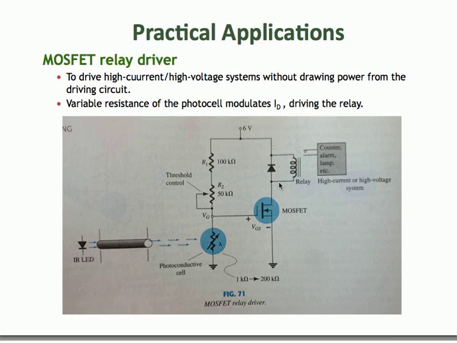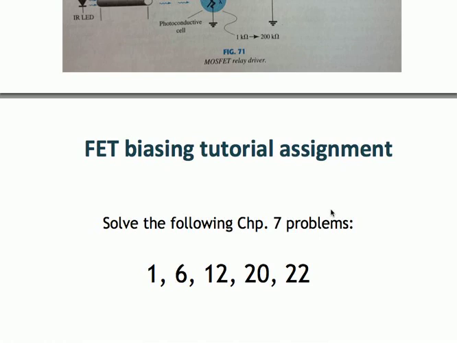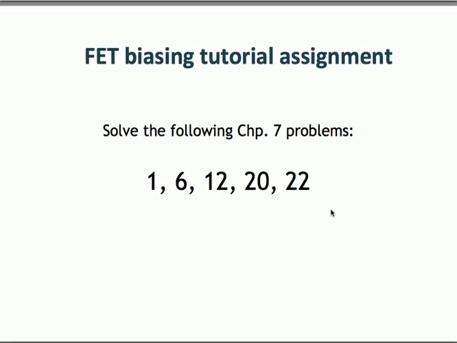As a result you get some drain current, and that drain current will turn on the relay, and that relay will drive your fan, your lamp, or any other high powered system. So this is a simple example of how a MOSFET can be used as a relay driver. With that, that concludes